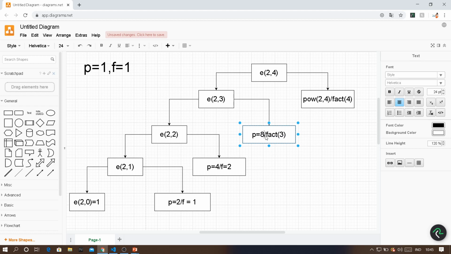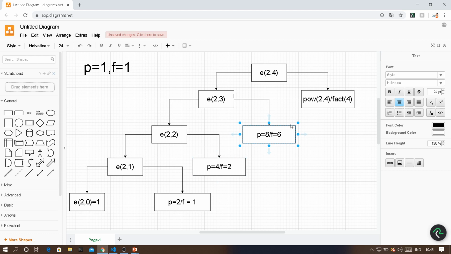And you want to find factorial of 3. Already you have the answer of factorial of 2. So when you have the answer of factorial of 2, what you have to do is multiply the present n value, which is 3. So what you can do here is f is equal to f multiplied by 3. Here f is equal to f multiplied by 1. Here f is equal to f multiplied by 2. Here f is equal to f multiplied by 3. Okay. So what is f equal to f multiplied by 3? The present value of f is 2. So 2 multiplied by 3 will be equal to 6. So the f value is equal to 6.